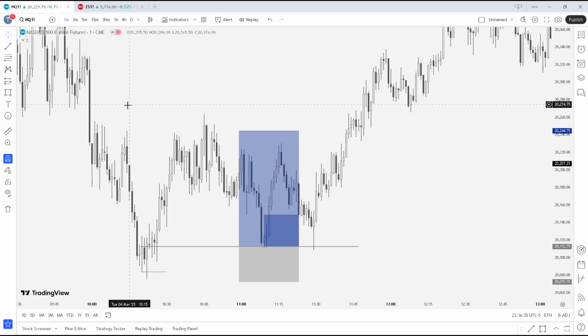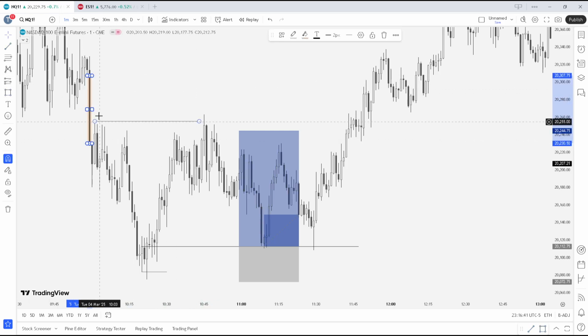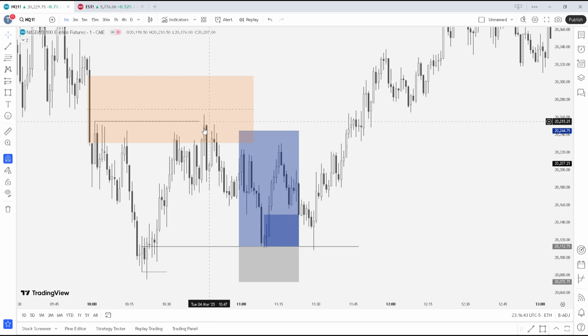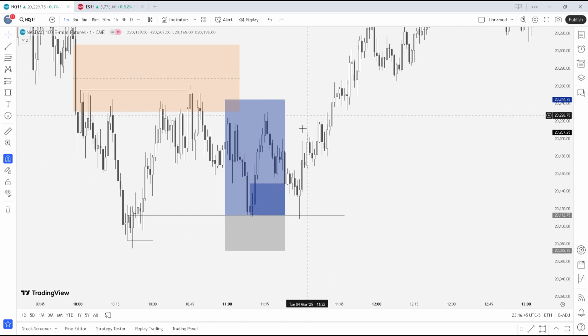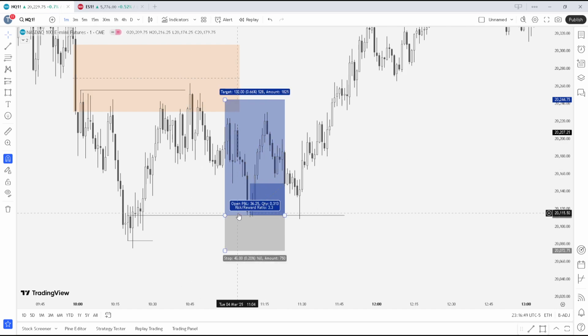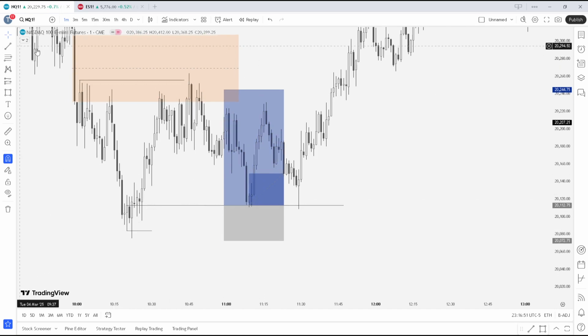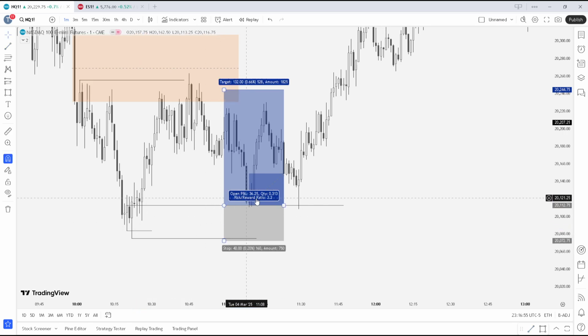Because when we sweep buy side, and we also have a bearish fair value gap, there is actually more reason to go lower. So you could have easily gotten stopped out if you took this entry,